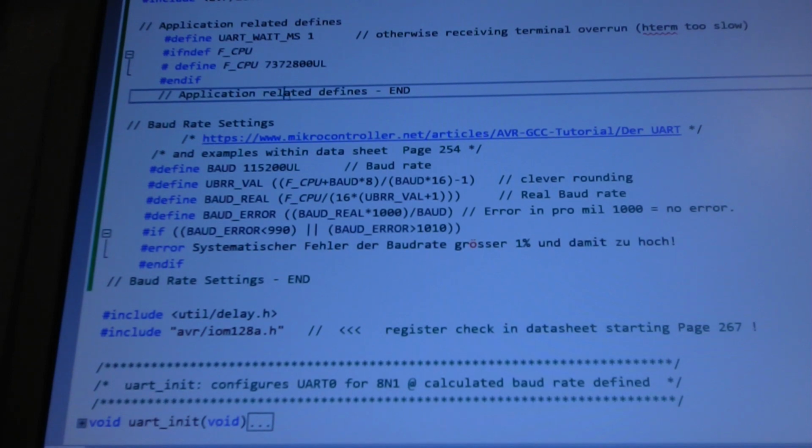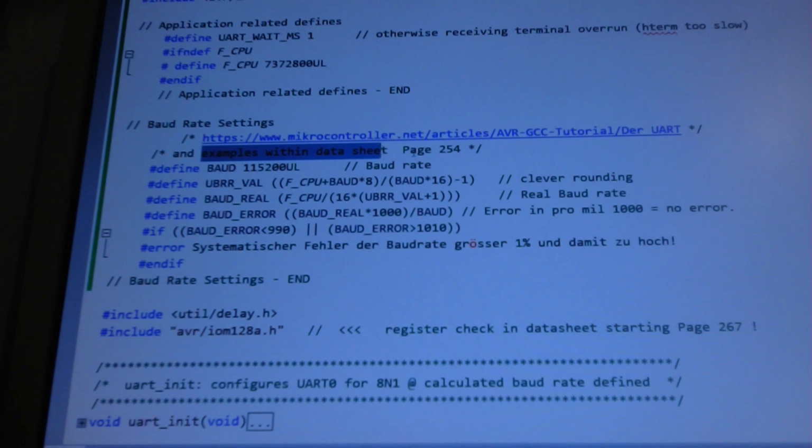So I played a little bit around and I found very good help at this website on their microcontrollers. There is a tutorial. This can also be translated with Google Translate, it's very good. I use this one and some examples of the datasheet to get somehow a little bit of code on there. The first thing I want to show you is we are defining this constant F_CPU with